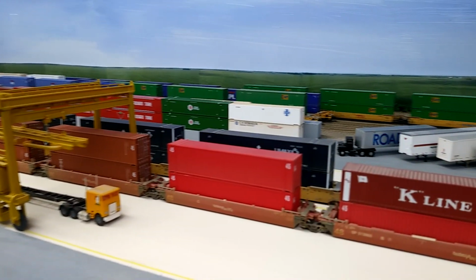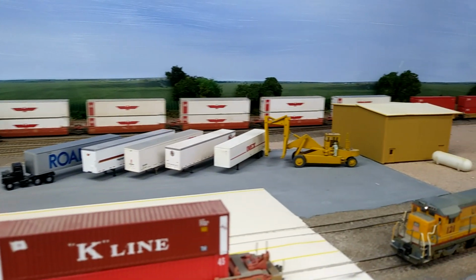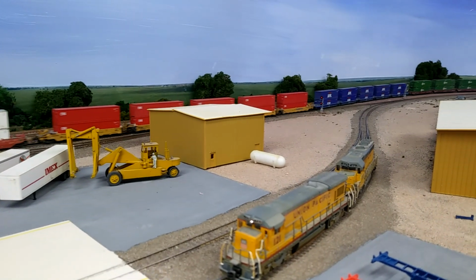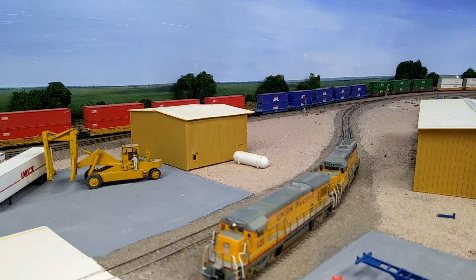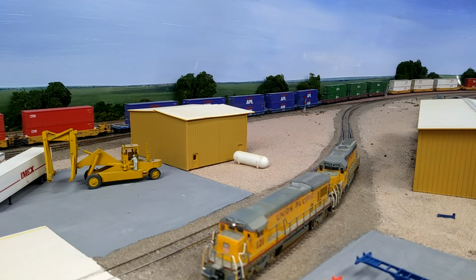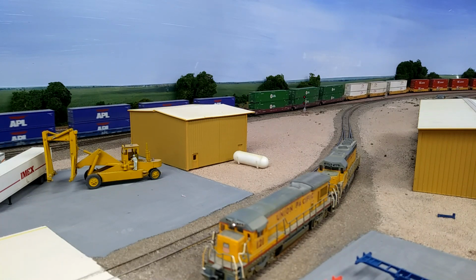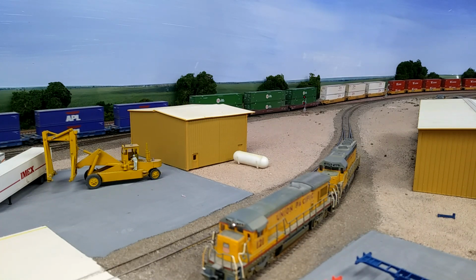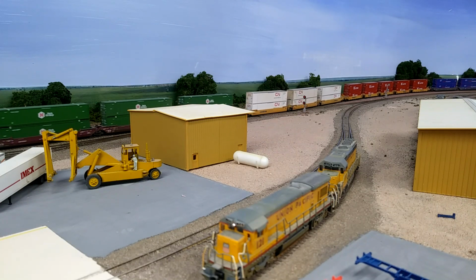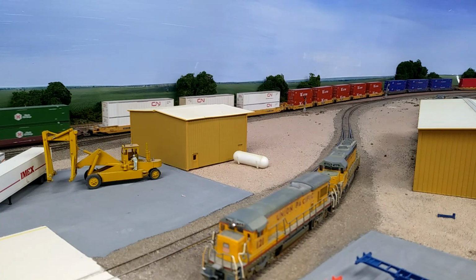So as I was saying, the train, these cars actually on the prototype originate from Canada. So Canadian National brings a train from Canada, Ontario somewhere, to Chicago. And one of the reasons Global 3 was built was to enable trains to bypass Chicago and avoid the delays there in Chicago. So the Canadian National train goes from Ontario and then bypasses Chicago and actually goes all the